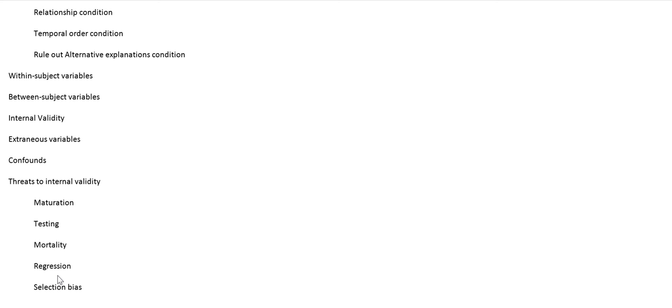You can randomly assign people to the conditions, and you can see, okay, it did go down in the control group because of regression to the mean, but maybe it went down even more in the treatment group, so you can rule out regression to the mean as being a major threat to internal validity. All right, so these threats to internal validity, maturation, testing, mortality, and regression, they're primary threats for single group